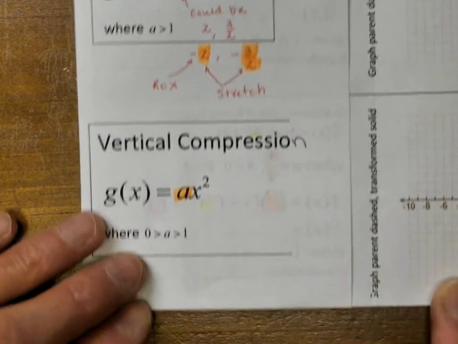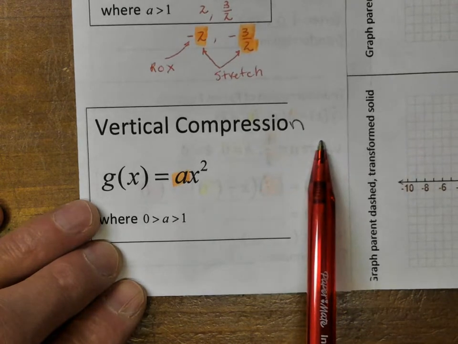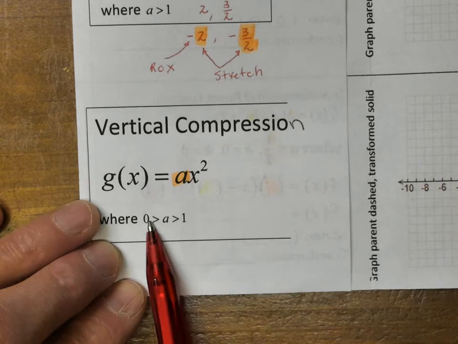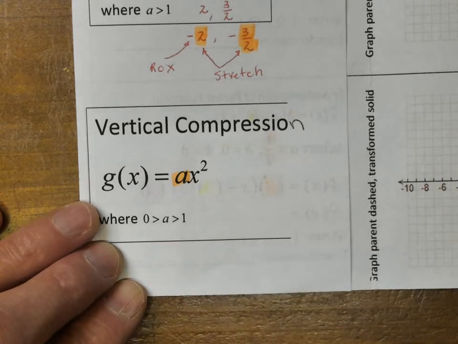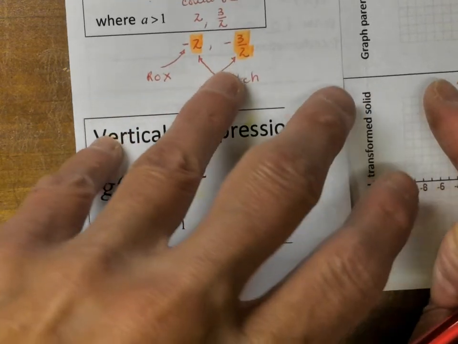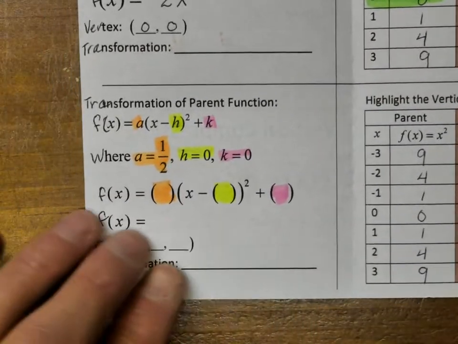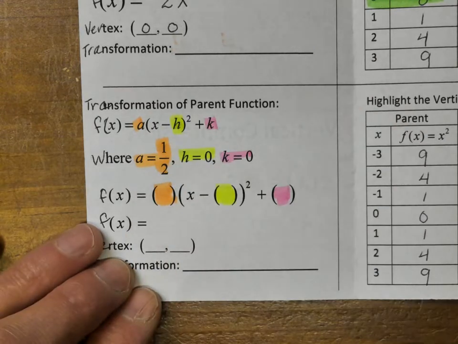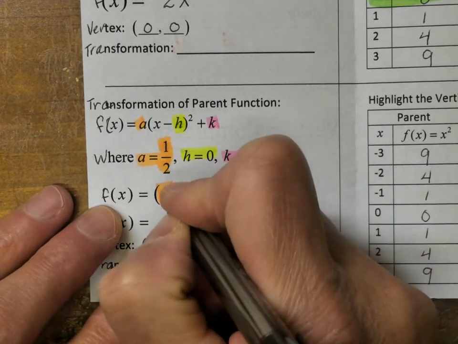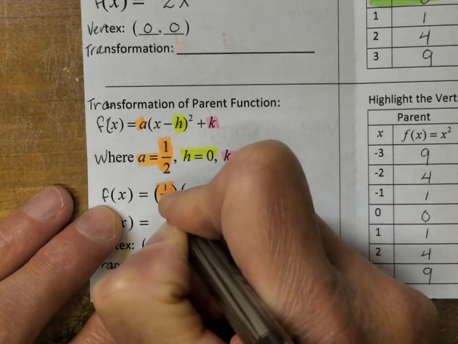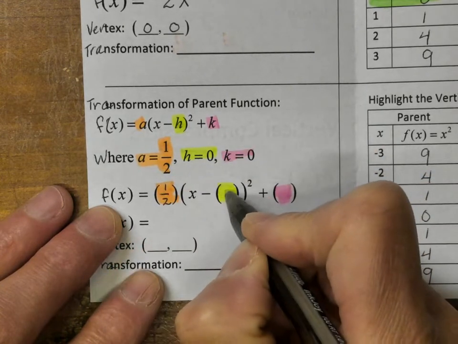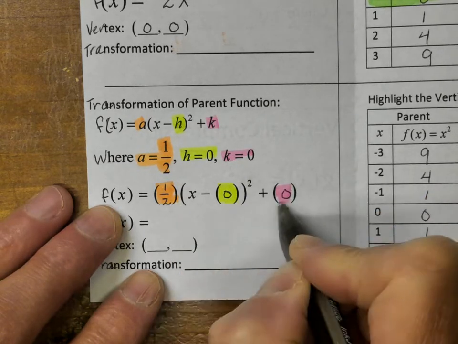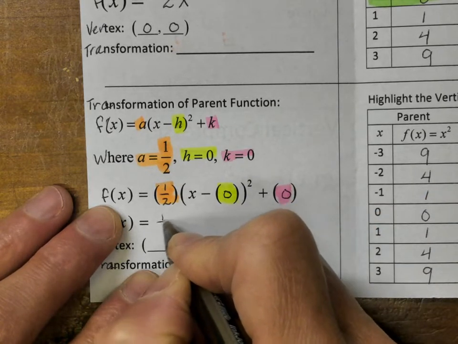So the A can also give us a compression, and that's when we have some number between 0 and 1. So the example that I gave you here, just because it's easy to deal with, is where A is 1/2. So the same sort of thing happens here. I'm going to put 1/2, H is 0, K is 0. When I clean this up, I get 1/2